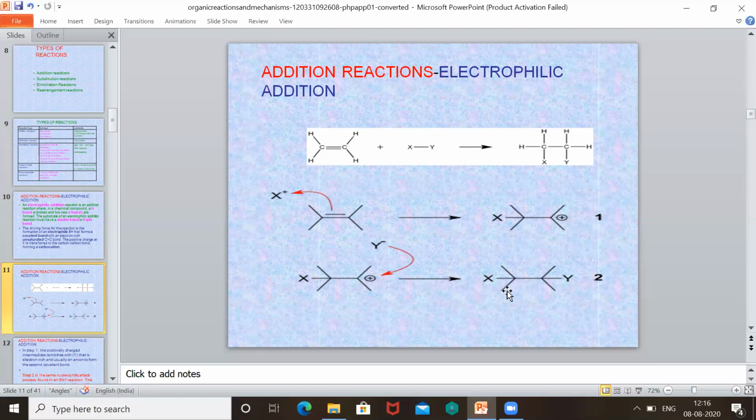So in an addition reaction, if you understand this step, you can write the mechanism easily. First, we should know which way the reaction is taking place, either electrophilic addition or nucleophilic addition. If it is electrophilic addition, the electrophile attacks and first breaks the pi bond. It gives two charges on the two carbon atoms, so it joins the negative carbon. Then the positive charge is transferred to the other carbon, and hence the remaining negative particle joins that carbon. This will complete the mechanism.